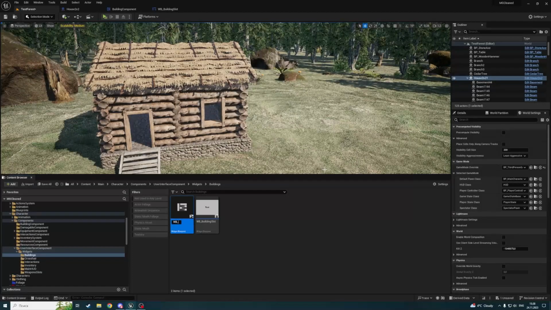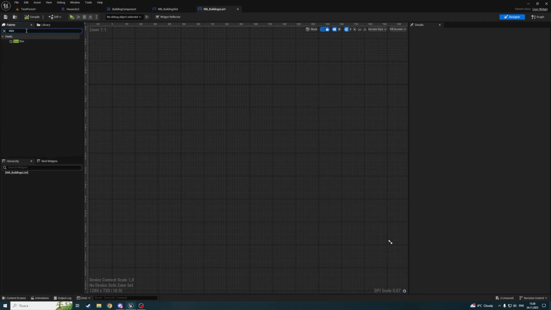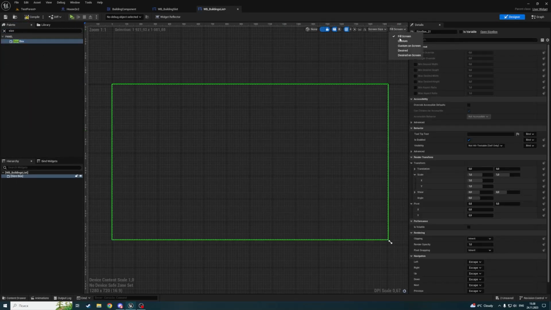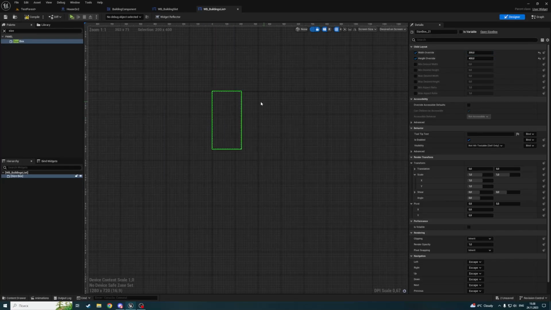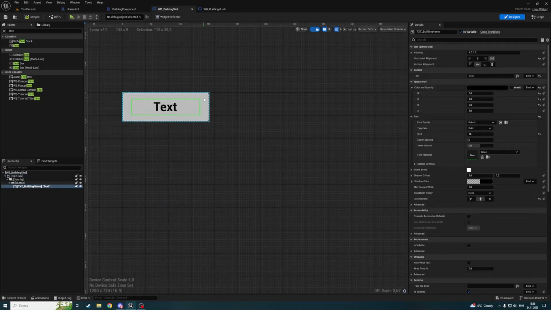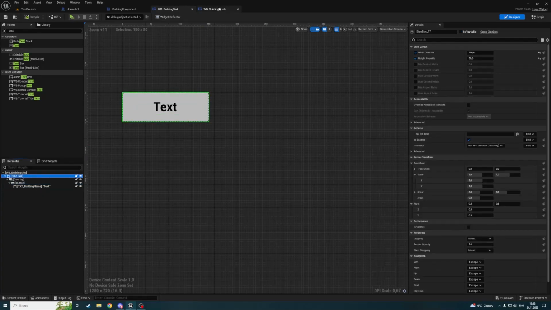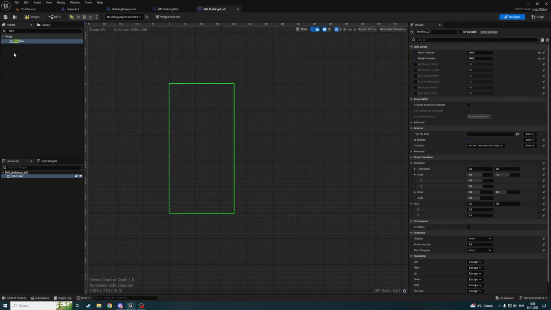And next I will create a new widget that will be a list of all slots. I will call it VB buildings list. Here I will also have a size box desired on screen. And now it will be maybe 400 on height and 200 on width. What's the width of my button? 150. Okay, that's fine. I will add a scroll box here,